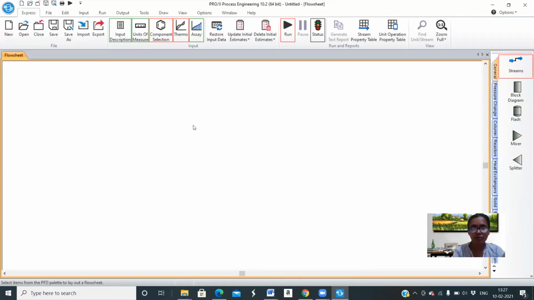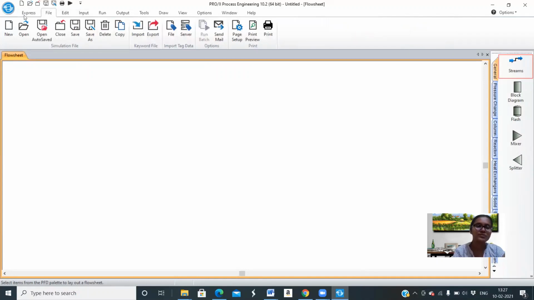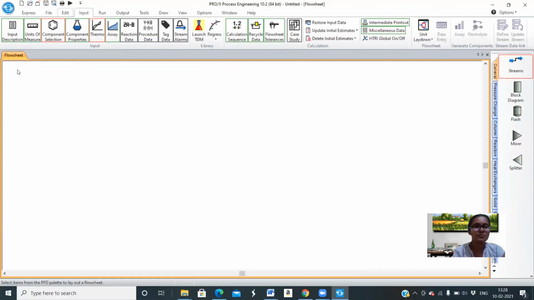Here on the top of the flow sheet, you can see a ribbon. It consists of many options like file, edit, input, run, output, tools, etc. So let us explore a few of the options today. In the file option, like in Word, we have new, open, and save options. In the input options, there are many options available like input description, units of measure, component selection, component properties, thermo,